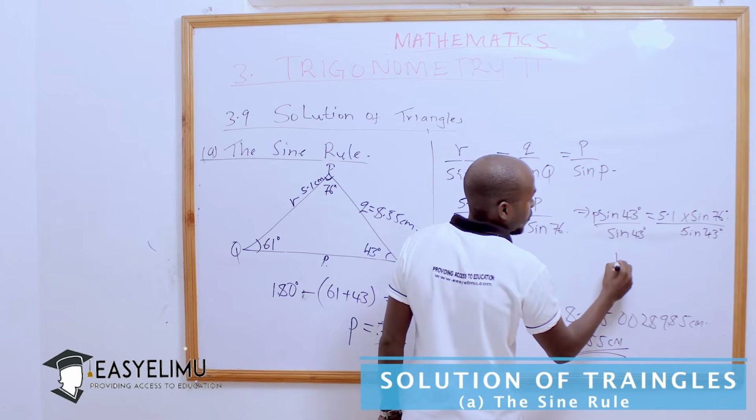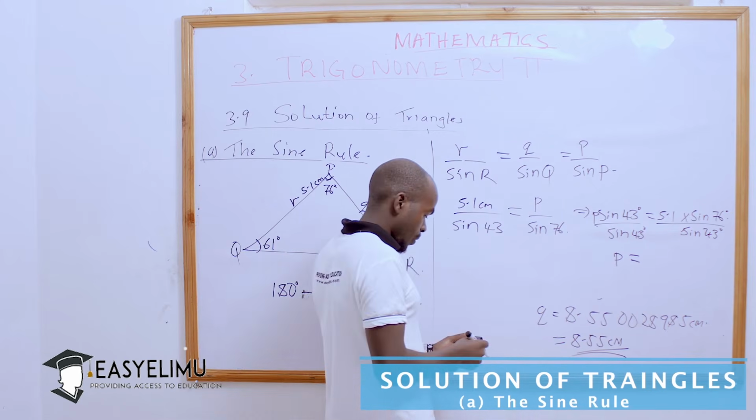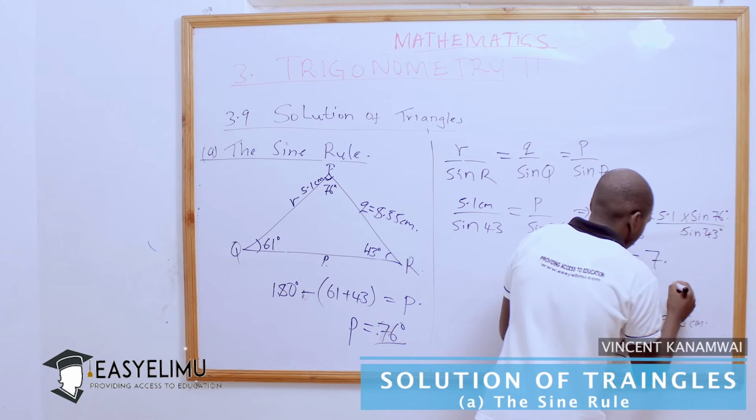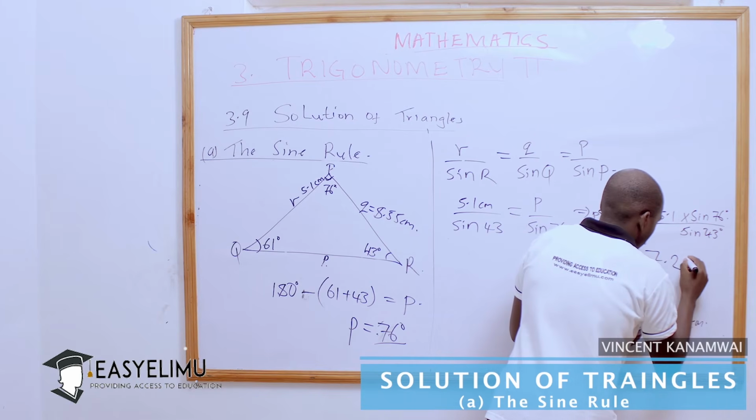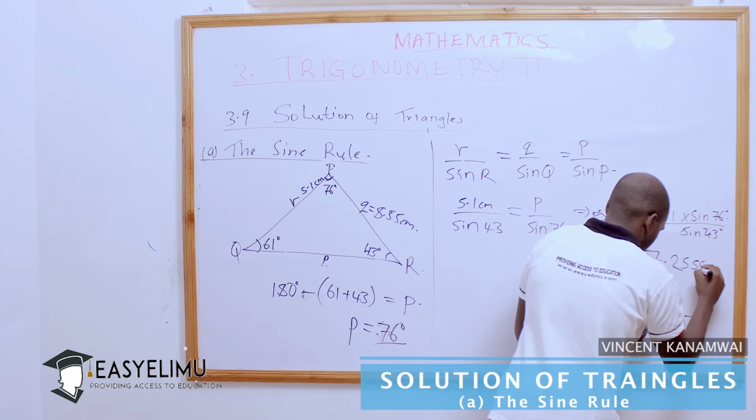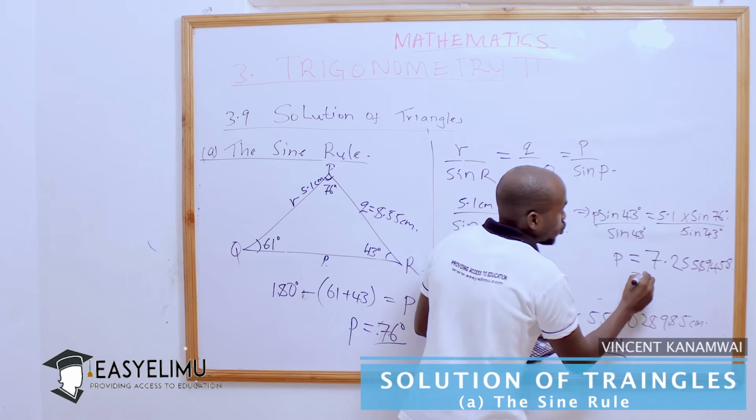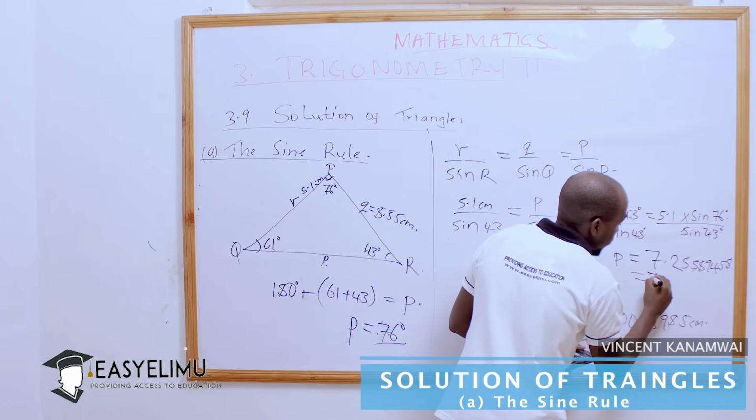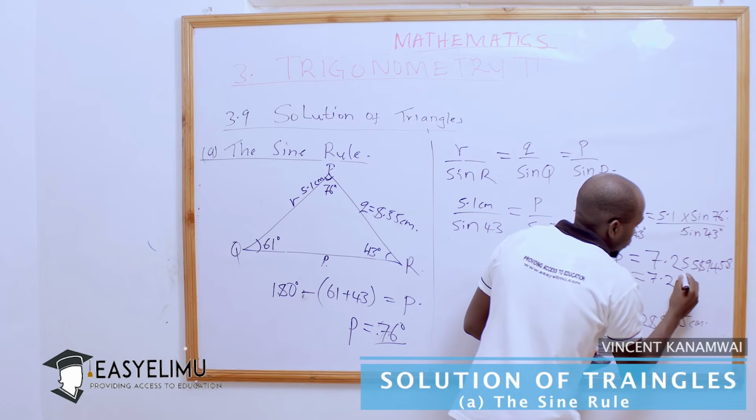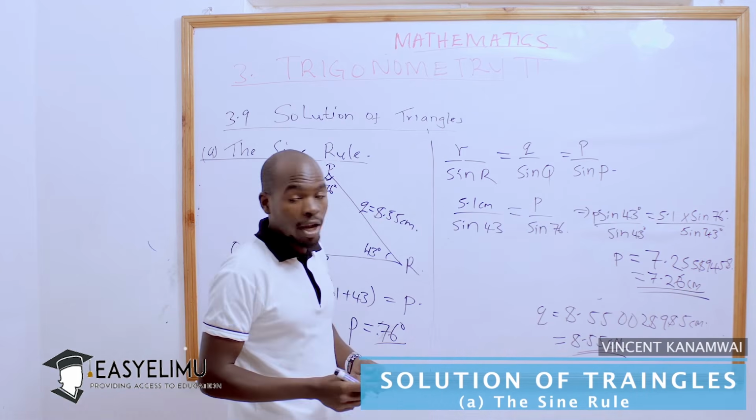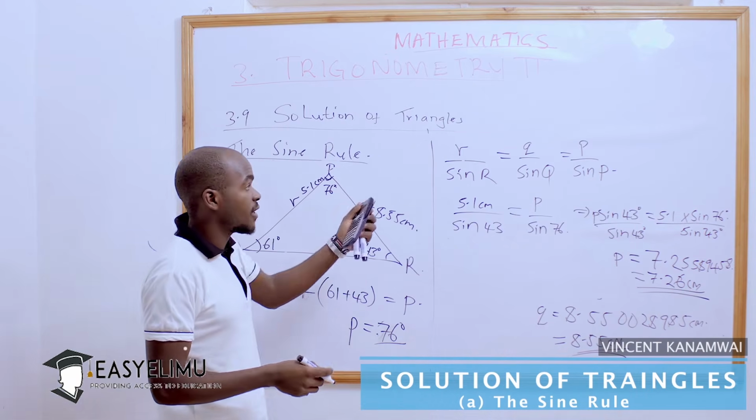So we are going to have p is equal to 7.2558945. So if it is to 2 decimal places, I will get 7.26 centimeters. Now we have found the value of p and also the value of q using the same process,